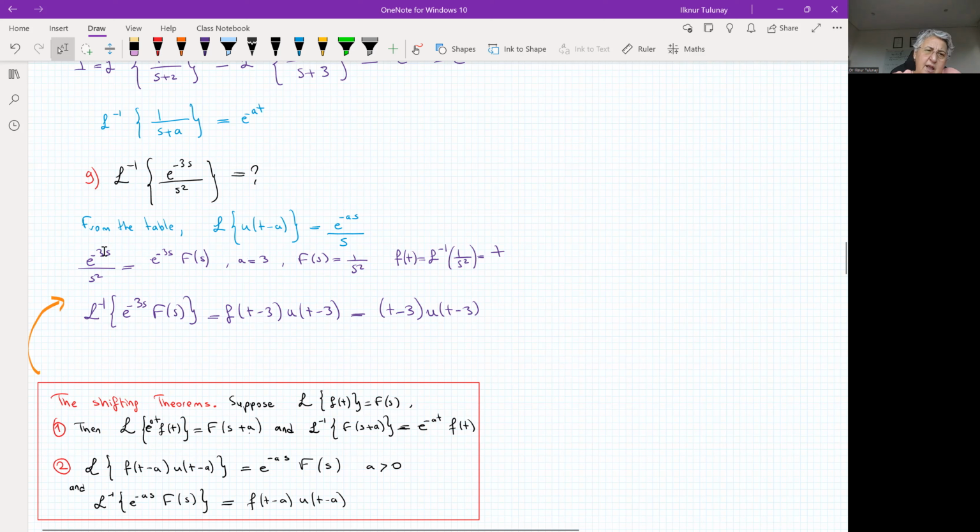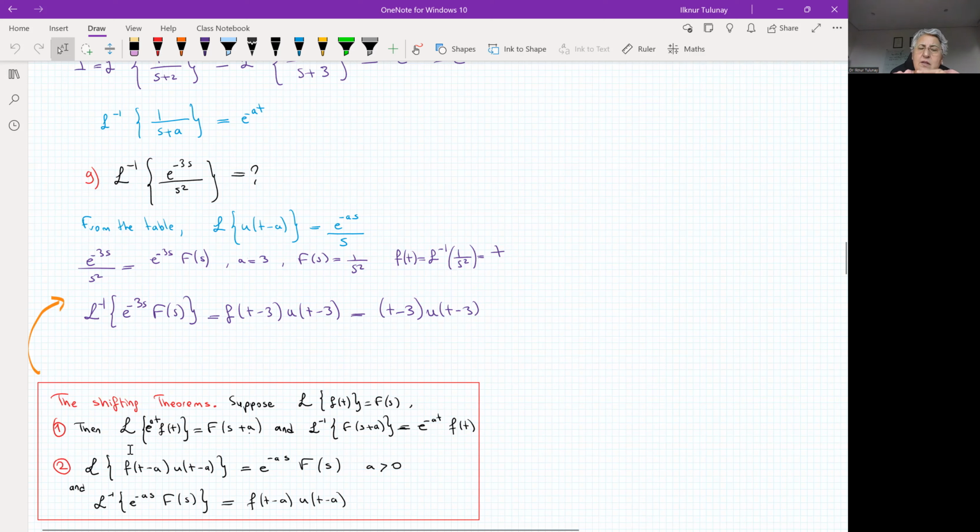So we would like to think that this is e^{-3s}, then we have F(s). F(s) is 1 over s squared. And f(t) is the inverse function of 1 over s squared, which is just t. That is the case t^m with m equal to 1. We know that L of t is 1 over s squared. So L inverse of 1 over s squared is t, right? And L inverse of e^{-3s} times F(s), which is this function, is equal to